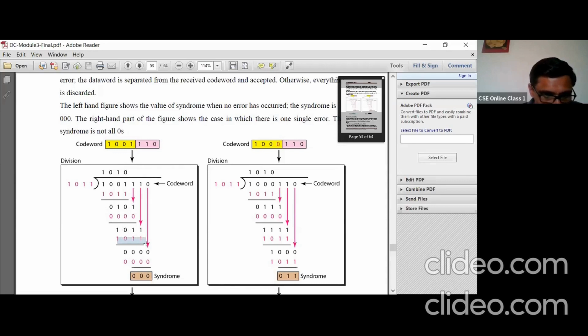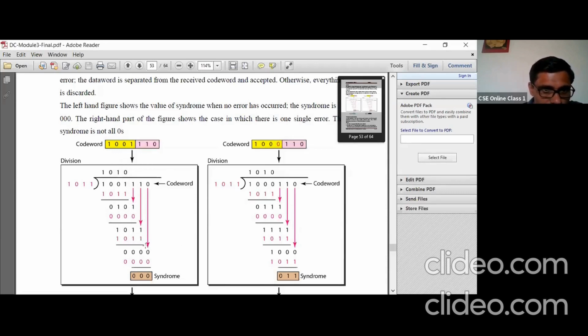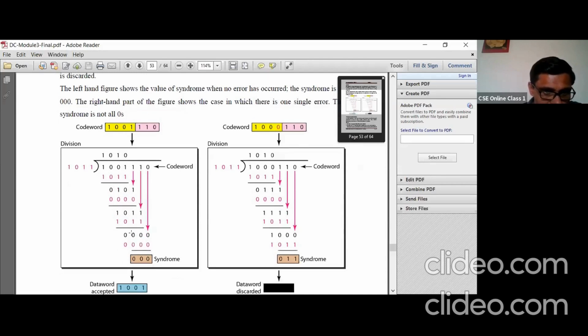You have to take 1 0 1 1 as your divisor. Then again perform XOR operation between these two. You get 0, 0, 0, 0. Take this 0 and put it here. 0, 0, 0, 0. And since your leftmost bit is 0, take 0, 0, 0, 0 as the divisor. Now again perform XOR operation.